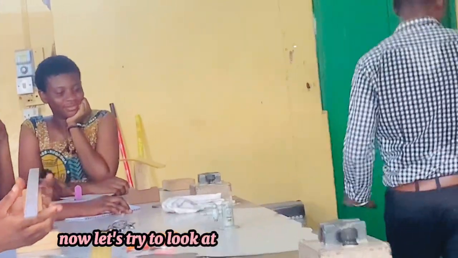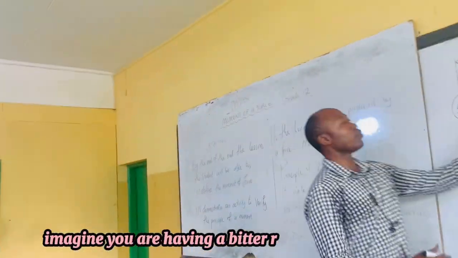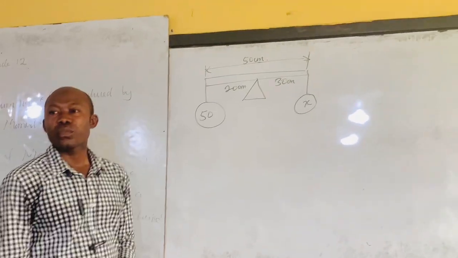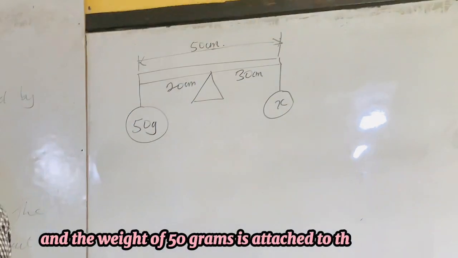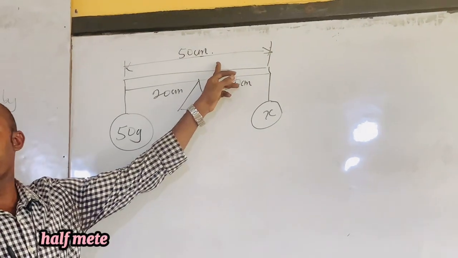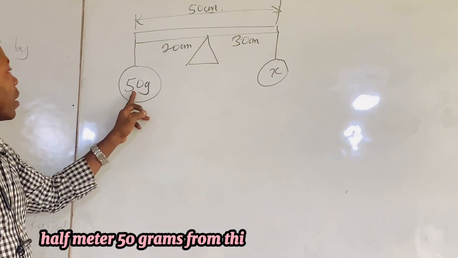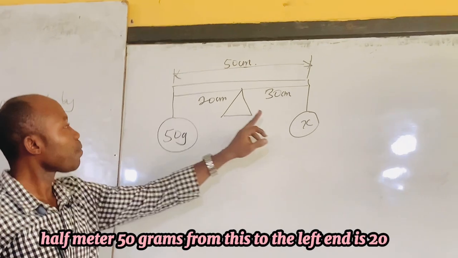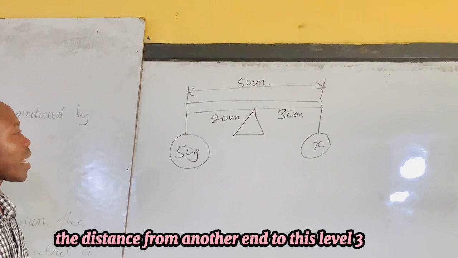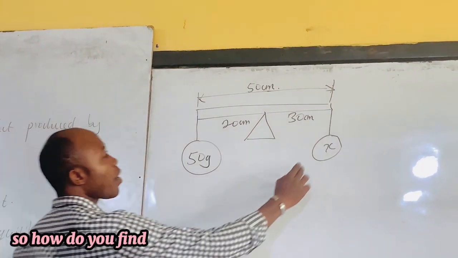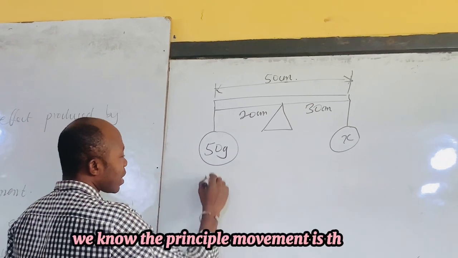Now let's look at the question involved and we shall solve it. Imagine you have a meter rule, and a weight of 50 grams is attached to the end. Half meter rule, 50 grams. From this point to the left edge is 20. The distance from the other end to this place is 30. So how do we find the weight attached here for it to balance? We know the principle of moment is that